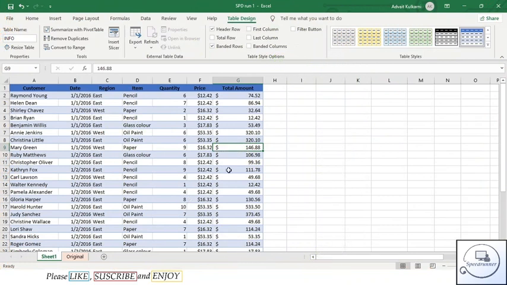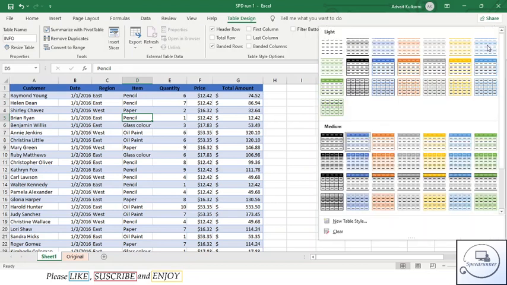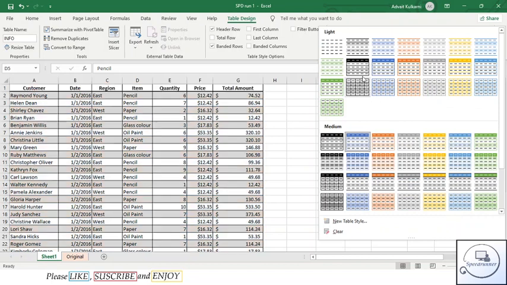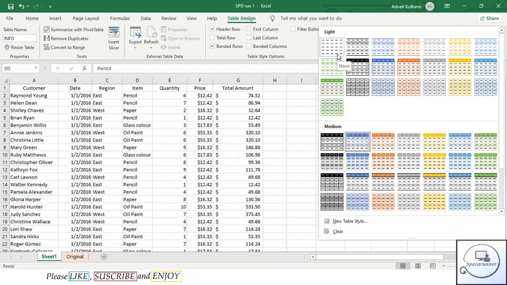Here we are now in Excel. Now I want to customize this. So under table styles, I click on more and a whole list of options opens for me. Let us see each one of them.